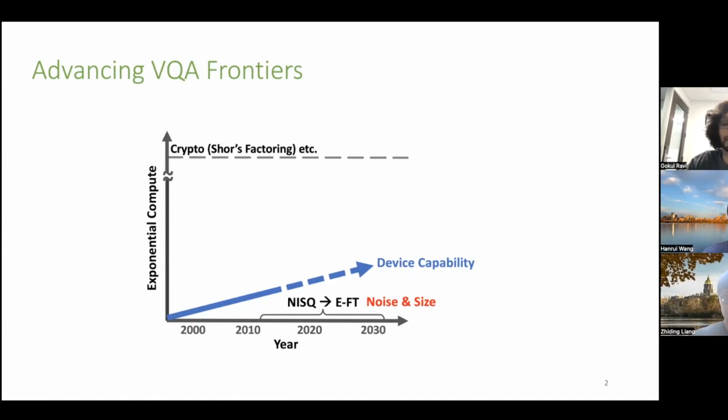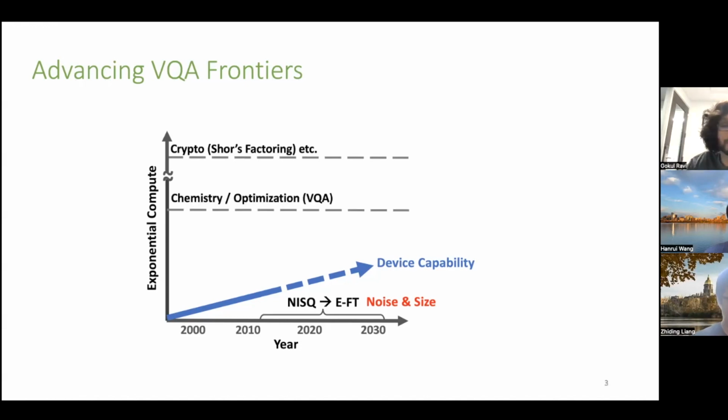non-insignificant. At the same time, the size of the devices is going to be limited because now you have around 100 qubits. And even when you go to 1,000 qubits and you start doing fault tolerance, the number of logical qubits you're able to create is still pretty limited, which means that with the current device capability and the capability you expect in the near future, we are going to be pretty far from challenging applications like cryptography and so